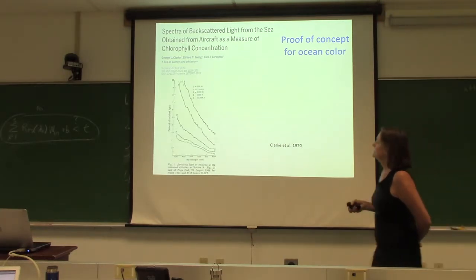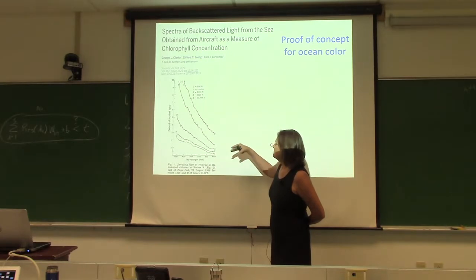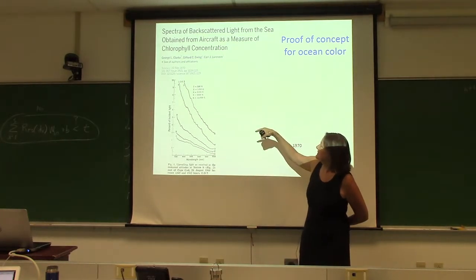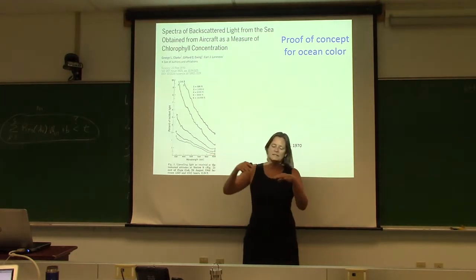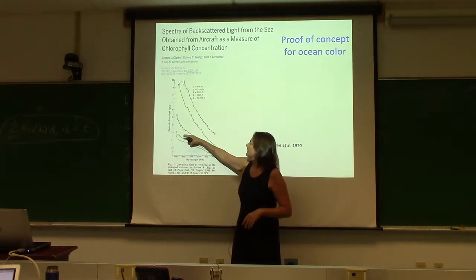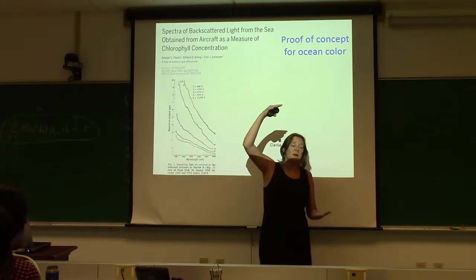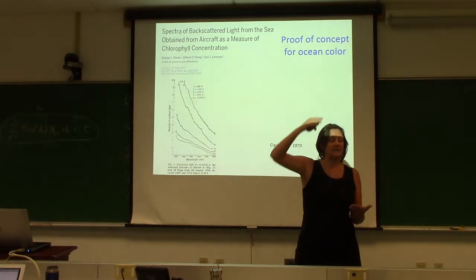What they did is they had an aircraft, and they measured the upwelling light, which they called the backscattering light from the sea. They picked one spot and flew over it at a variety of different altitudes, and saw that the percent of light increased as you went up in altitude. That showed how much contribution was coming from the atmosphere,